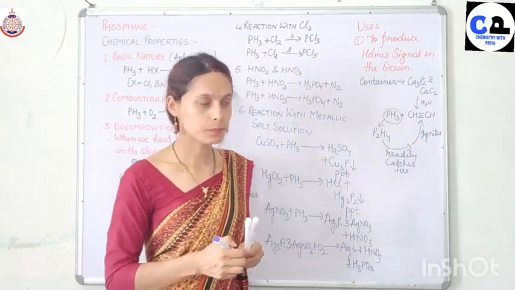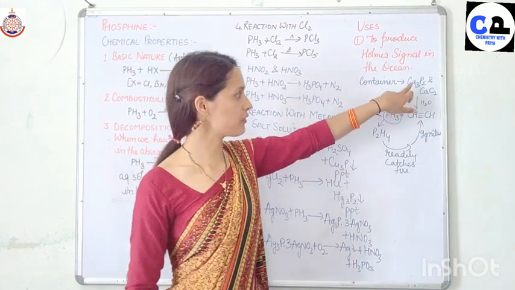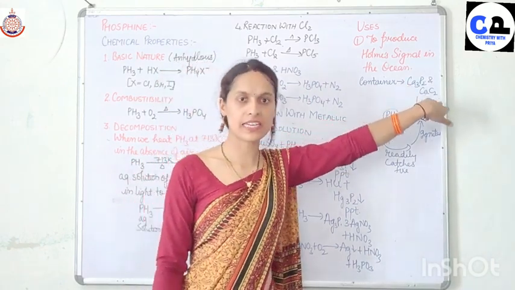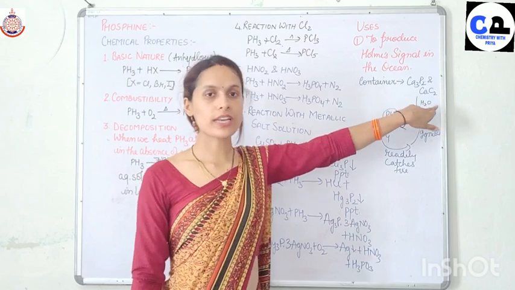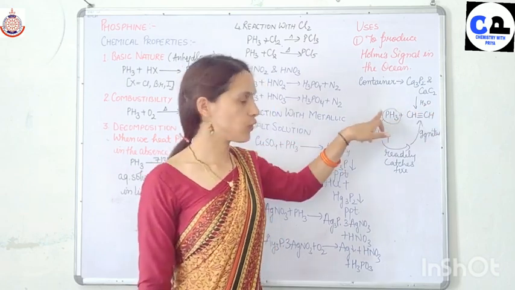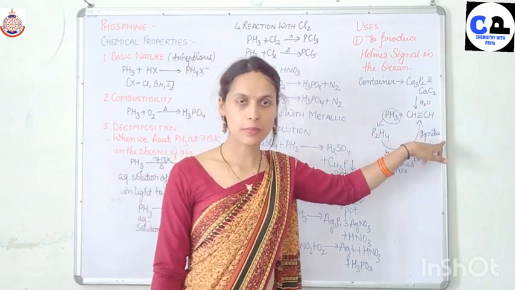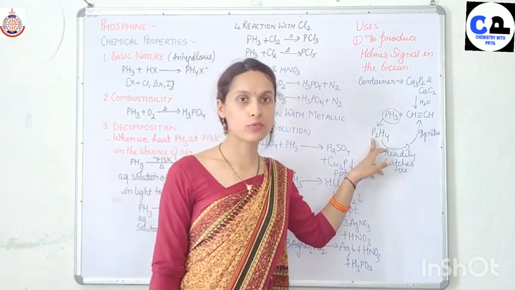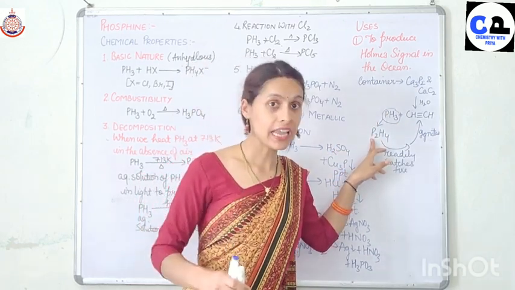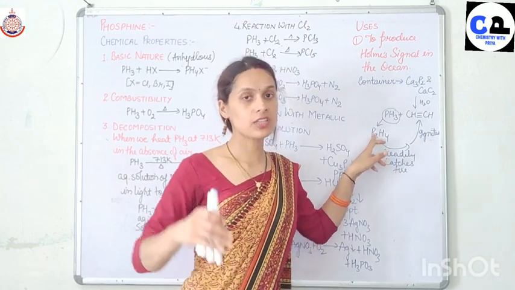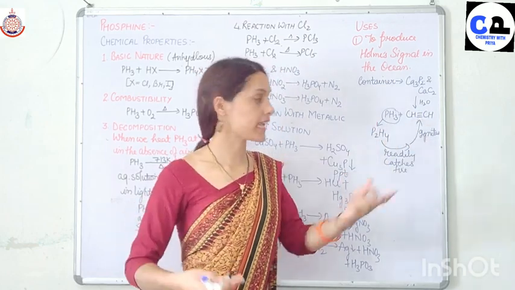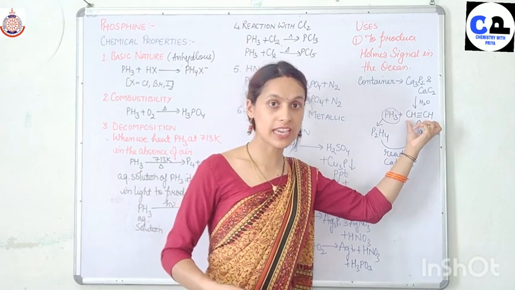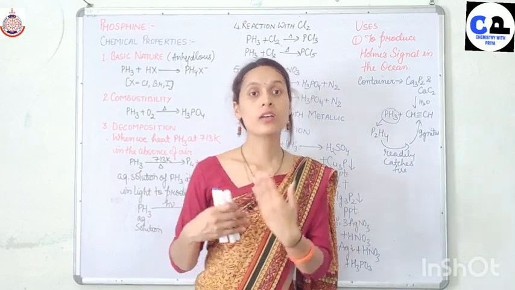So in the container we have a mixture of calcium phosphide and calcium carbide. When it comes in contact with water, it forms PH3 and acetylene. The P2H4 catches fire readily, and due to that temperature it ignites CH≡CH, which burns with a